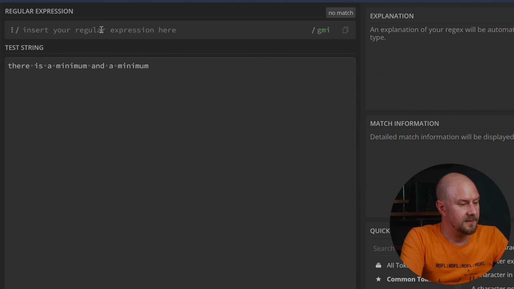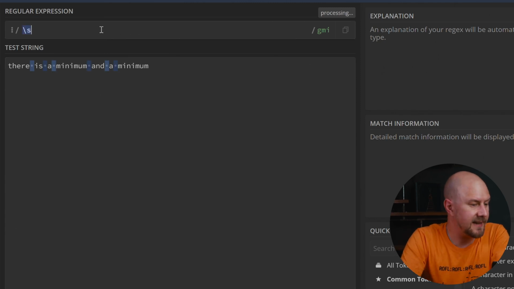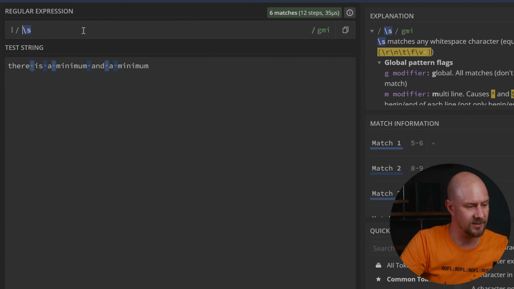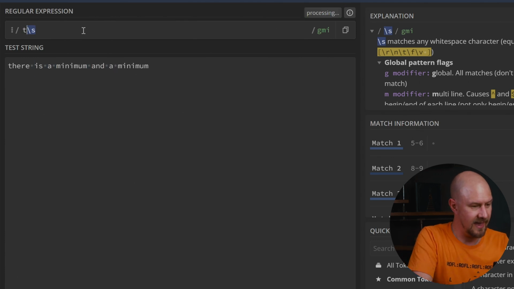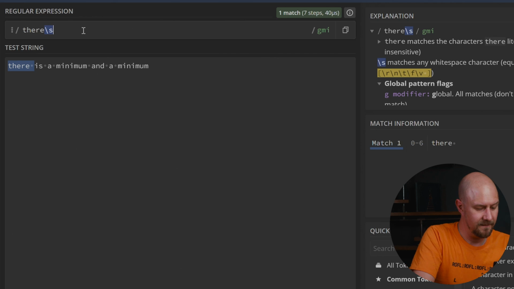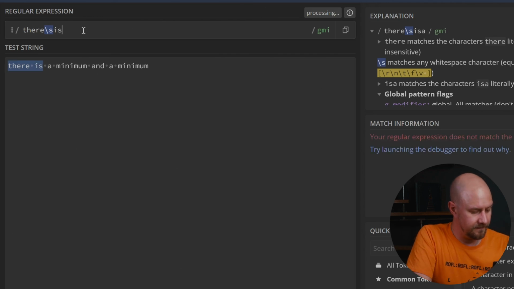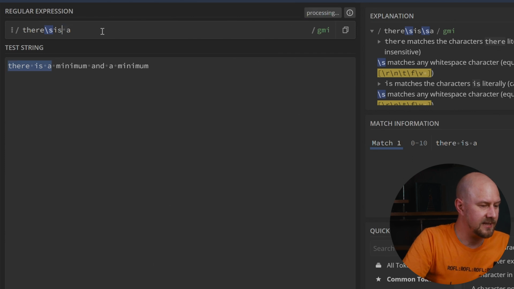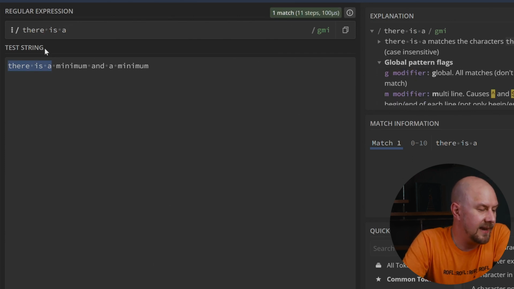Another token you'll see sometimes is the \s. So the \s is a white space token. So you can see as I've typed in \s, it's highlighted all of my spaces. And you can use this token any way you like inside a string. So if I wanted to match "there is a", I could match it with spaces like this, but let's say that